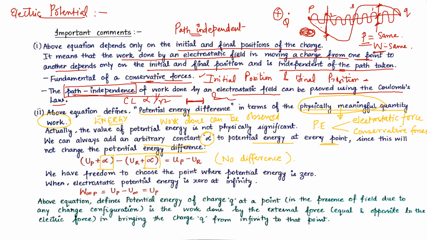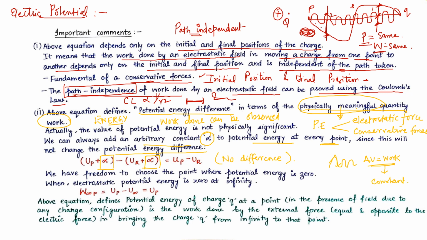We are just adding it to define this particular point with respect to the path independency. So in the path there can be a little less or a little more potential energy when it is going from here to there, but overall the change of potential energy, which gives the work done, is constant